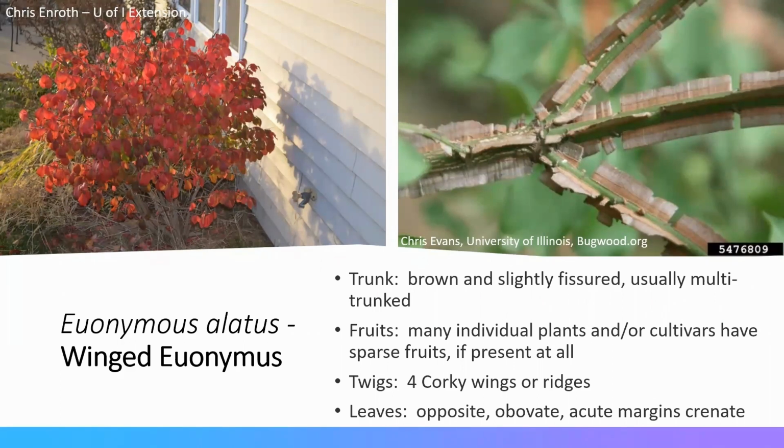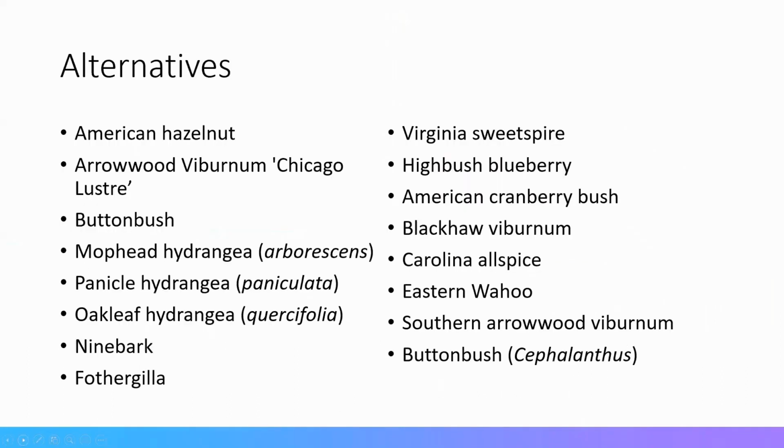But probably the easiest way to identify this shrub is the winged stem. So Euonymus elatus, if we just translate that and flip the words around, translates to winged euonymus. It has these corky ridges here on the stems. Again, this is a highly popular landscape plant. I don't think I've ever lived in a house that does not have a burning bush in the yard. And again, another name for it is winged euonymus.